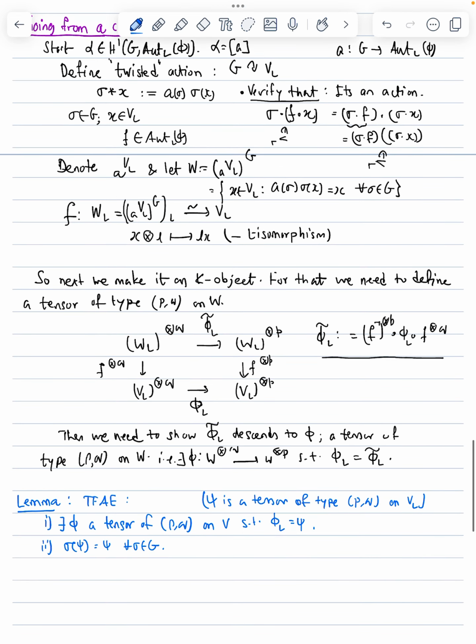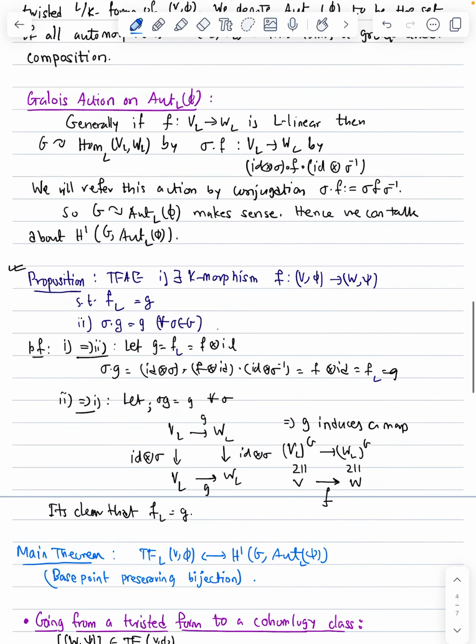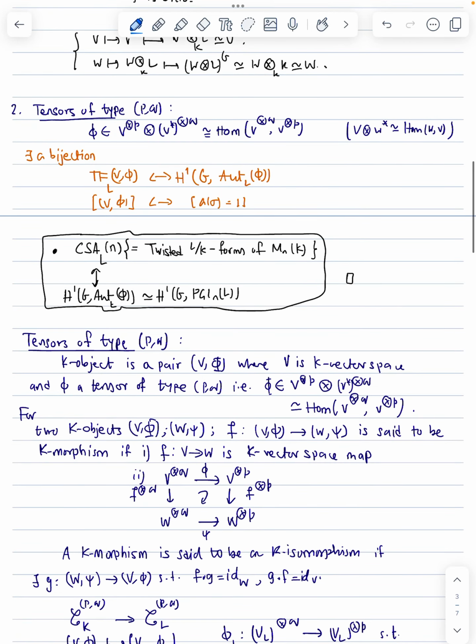And after that, we will try to give a few examples of these things, where this is useful, why we are doing these things. I think I have already mentioned one example. Let me show. Maybe not. Yeah, I mentioned already one example, the central simple algebra that is split by L. I will try to give some specific examples of tensors of type 0, 0. A 0, 0 tensor is just a vector space, just a basic vector space. A type 0, 1 tensor is just a vector space with an endomorphism,